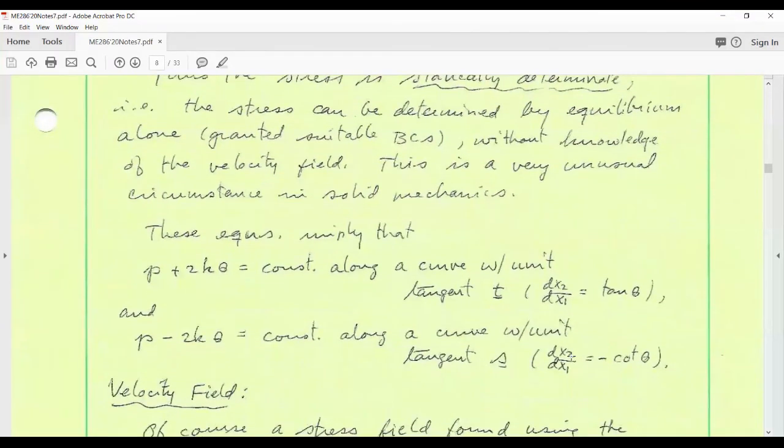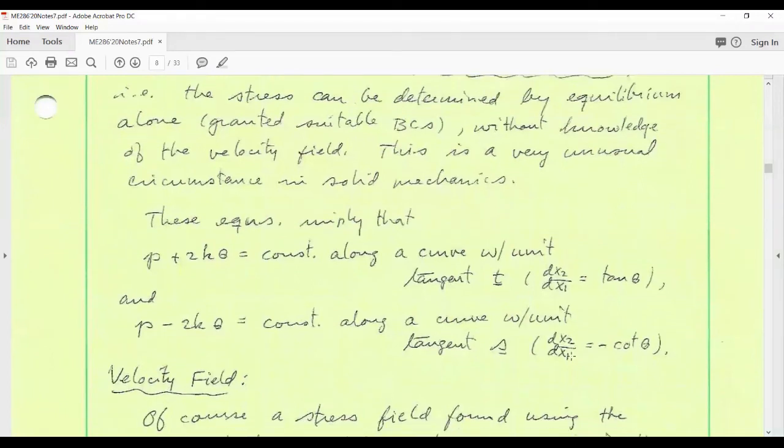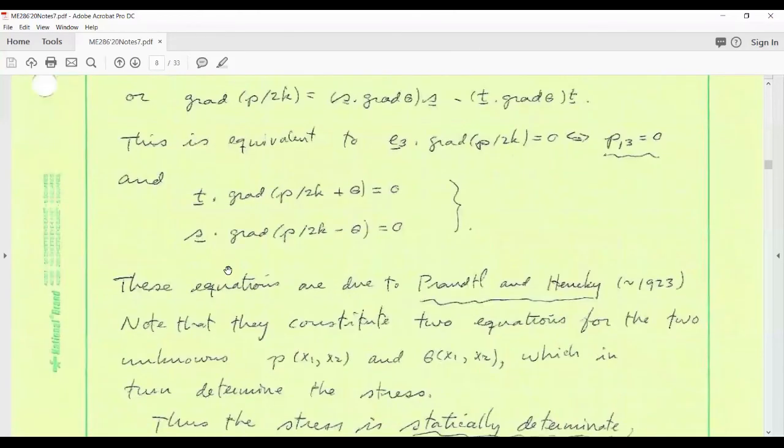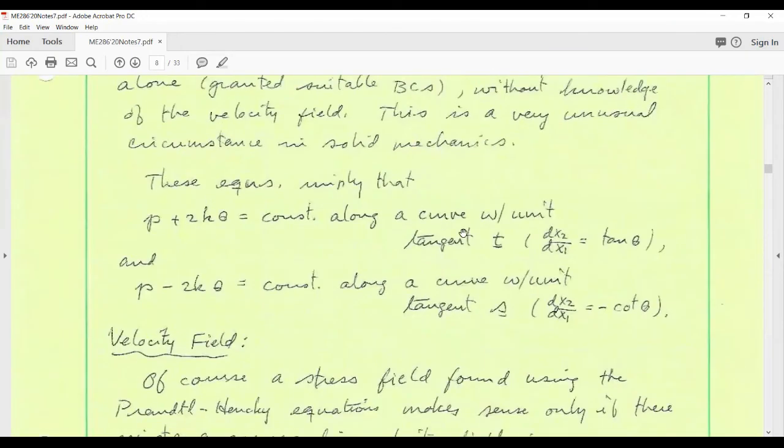As we mentioned a moment ago, because of those two equations, those directional derivatives are 0, which means, for example, p plus 2k times theta, just multiply through by 2k, is constant along a trajectory with tangent t. Remember that t was inclined at the angle theta, so its slope is tangent theta. So on this set of curves satisfying this differential equation, dx2 dx1 or dy dx equals tangent theta, on that set of curves, p plus 2k theta is a constant. It can be a different constant along each,